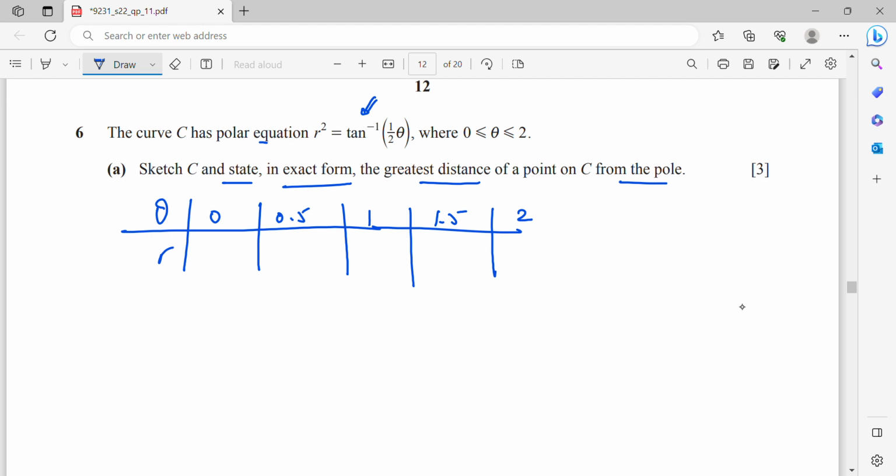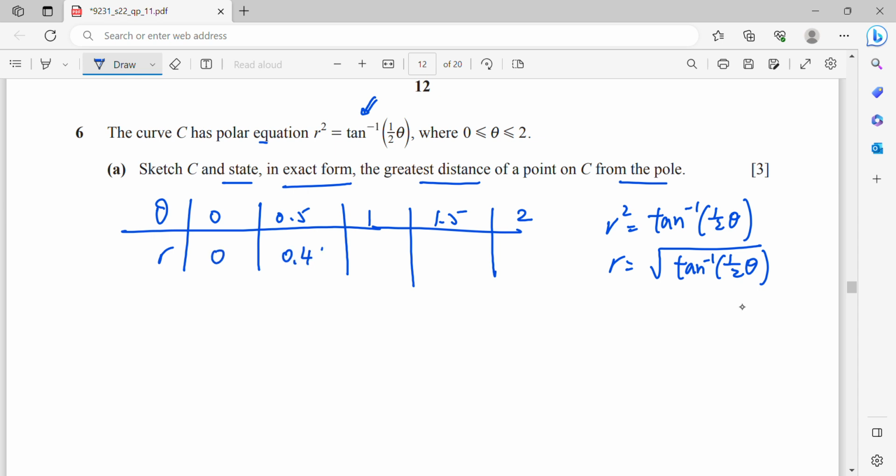So now your r squared is inverse tangent of half theta. That means now your r is the square root. So when you calculate, the first is 0, the second is 0.49, the third is 0.68, then 0.80, and